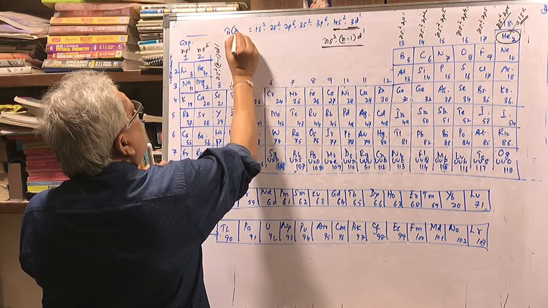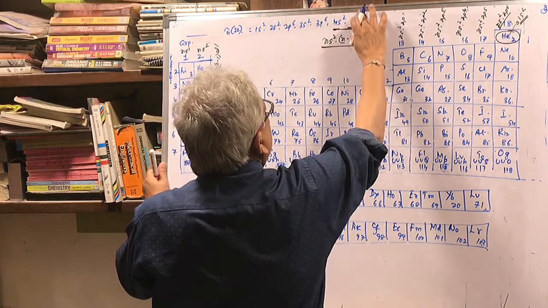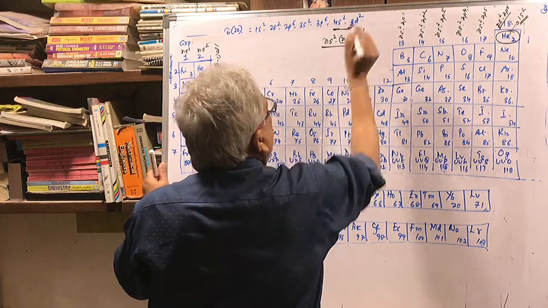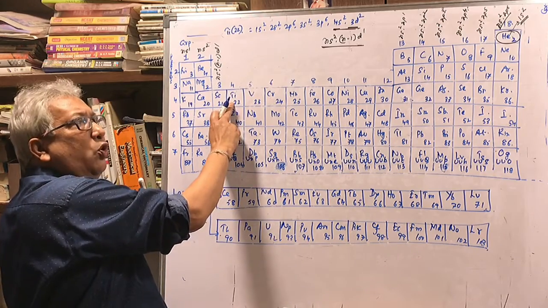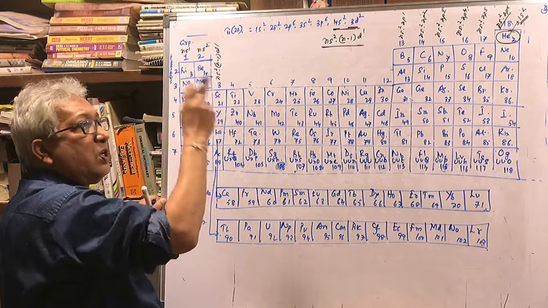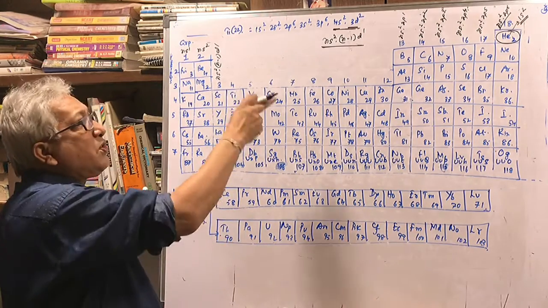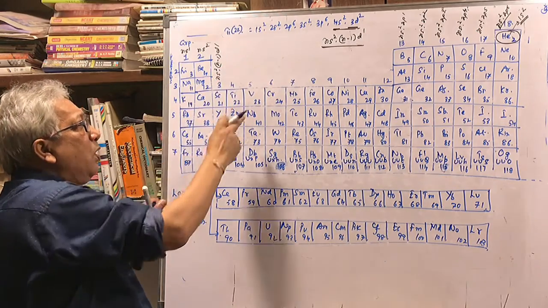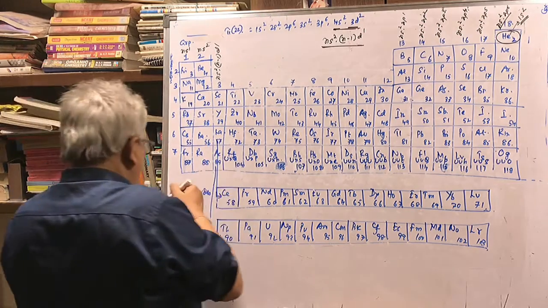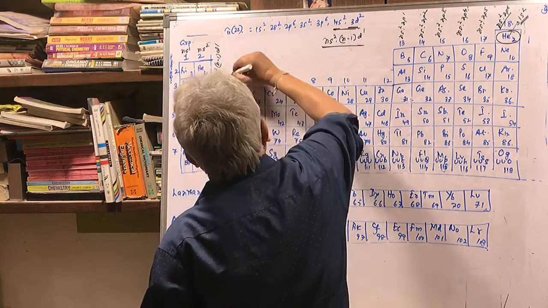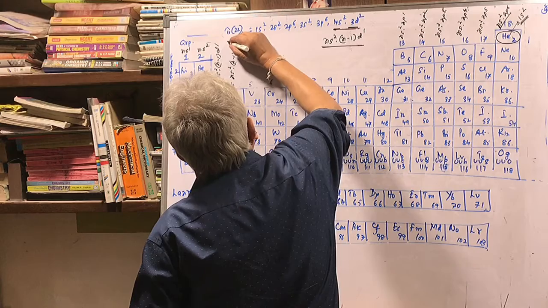Now for the next group, just see the case of titanium. Titanium, atomic number 22. So it will be 1s2, 2s2, 2p6, 3s2, 3p6, 4s2, 3d2. So 4s2, 3d2 will be the outermost electronic configuration. Why am I writing 4s2? Because the outer shell is the fourth shell. Why am I writing 3d2? Because I have to mention where the last electron has gone. The last electron has gone to 3d, so I am writing 3d2. So this will be 5s2, 4d2, 6s2, 5d2. And therefore, the common outermost electronic configuration will be ns2, (n minus 1)d2.